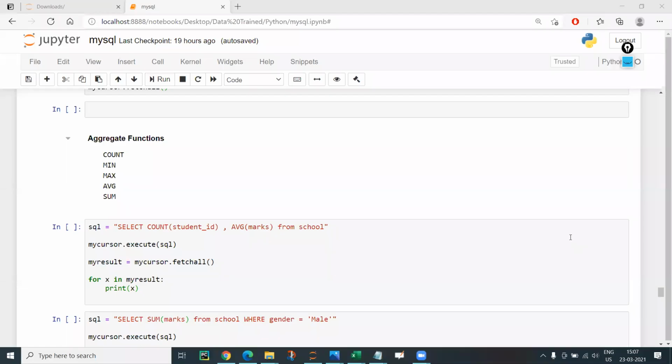Hello everyone. In this video, we will look into the aggregate functions. First of all, let's understand what all those are. Aggregate functions are count, min, max, average, and sum. Count is the total count, as we know. Min is a minimum number, max is a maximum number, average is the mean you can say, and sum is a total. So let's say that in our case, a school,